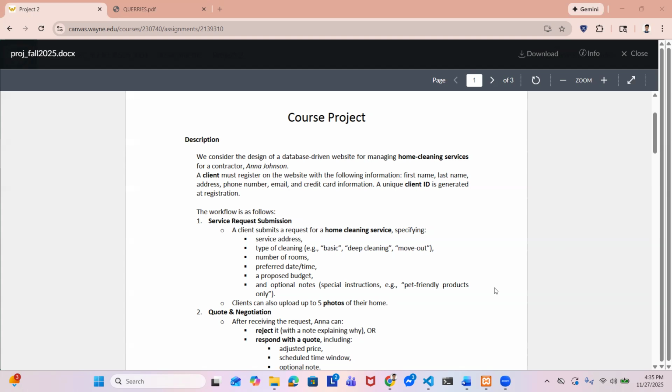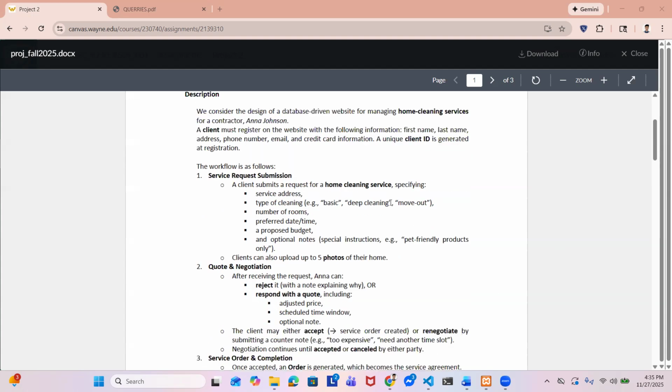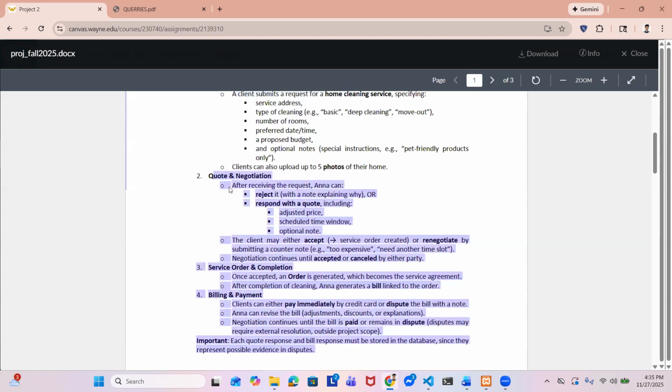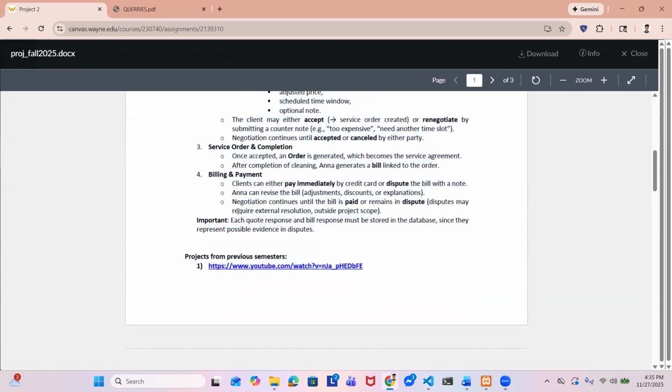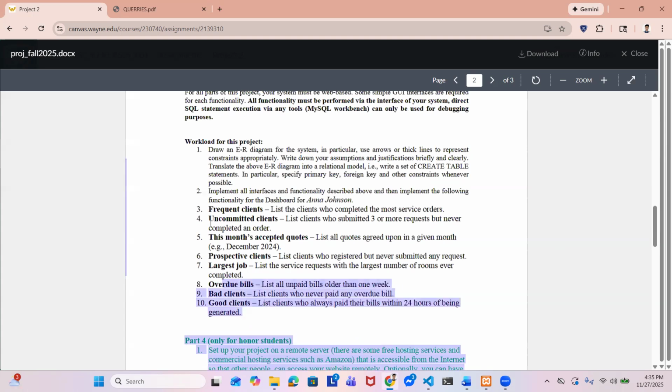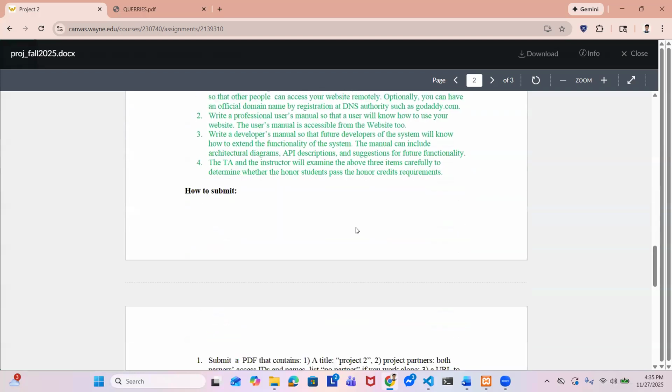Here are the criteria that we have to fulfill for this project. First, a unique client ID for every registered client, and some service request form submission sections, and quote negotiation sections, then service order completion, bill payments, etc. And also there are some queries for the contractor's dashboard, I mean Anna's dashboard. So I'm going to show you the project, and I will try to cover all the criteria in this video